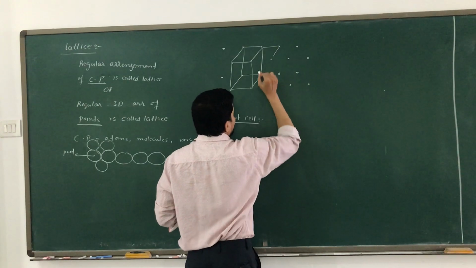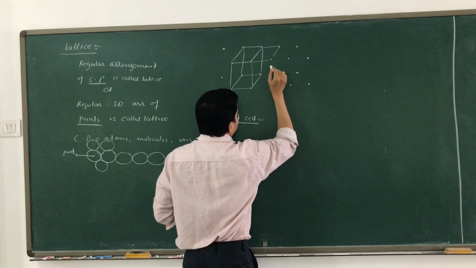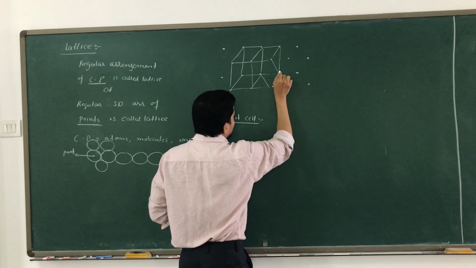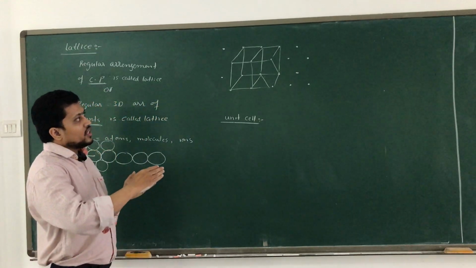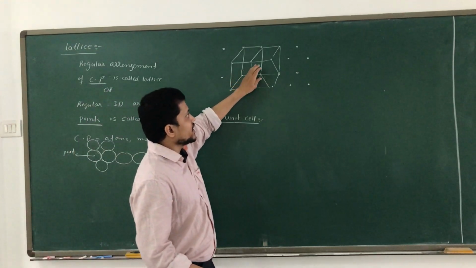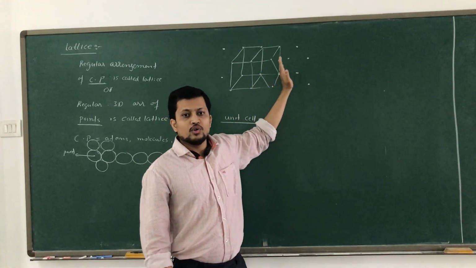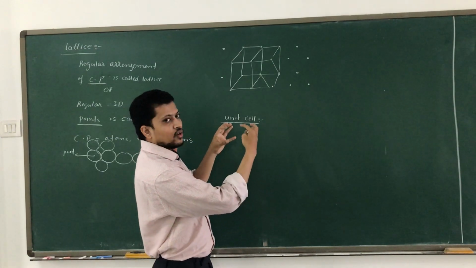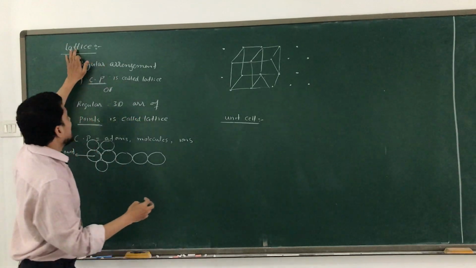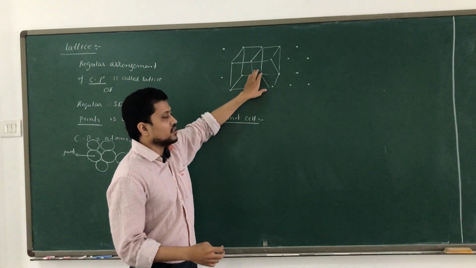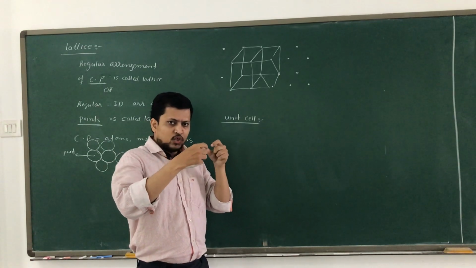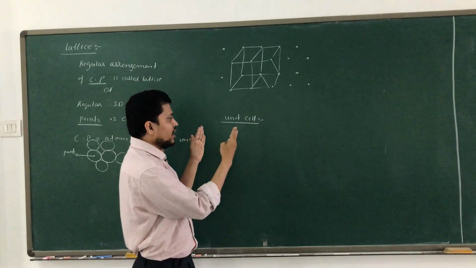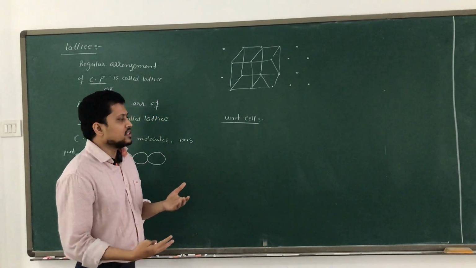If I make one more over here in this way, and one more over here, then we have one more unit cell. So in this way the unit cell will continue. One unit cell, second unit cell, third unit cell. When we make the unit cells one after another, the combined form of unit cells makes a lattice. So when we join the points, with the centers of atoms, we can make a unit cell.